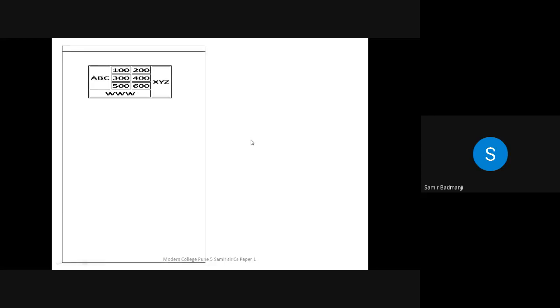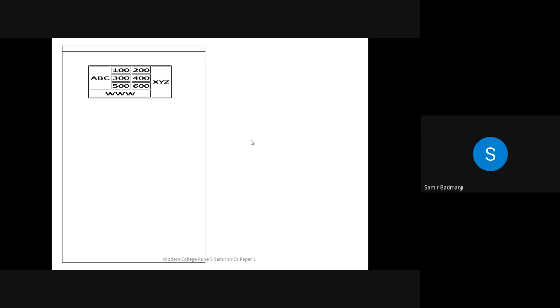Now I think all of you must have understood rowspan and colspan, because this last table is based upon rowspan and colspan. If you don't understand the rowspan and colspan attributes, then you will not be able to draw or write the table. All of you understood the rowspan and colspan attributes? Yes or no? Yes, sir.